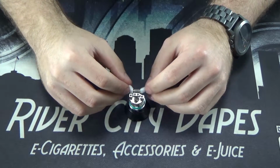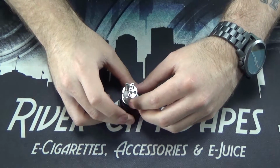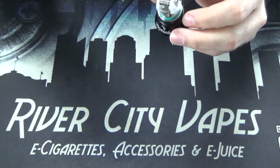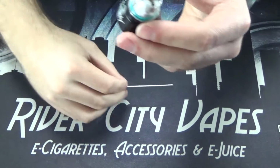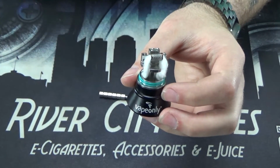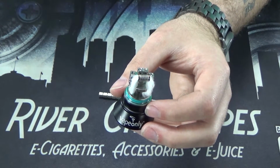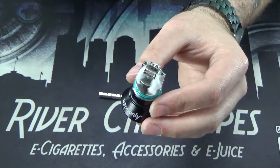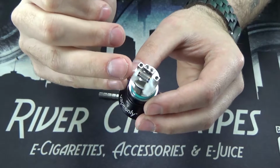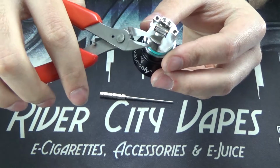So when I'm wicking this thing up, the cotton that it comes with inside the device itself, when you buy it, sits more or less almost right down to the well itself, like right down touching it, which is great because that means you'll use the most amount of juice that you have in your tank. The downside to it is it slows down how long it takes the juice to actually make it to your coil. So if you have juice absorbing down at the bottom here, it has to slowly travel up that wick to the very top, whereas if you actually cut the wick so it doesn't go all the way down to the bottom of the well,